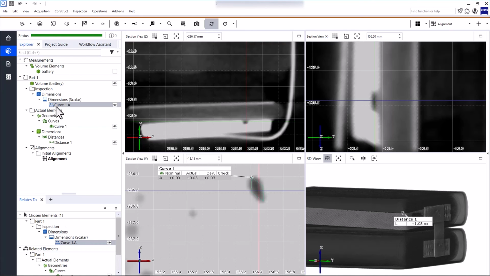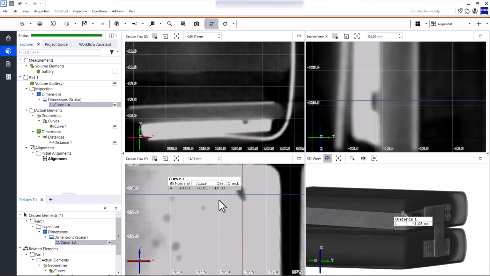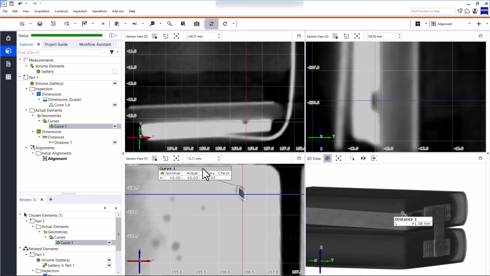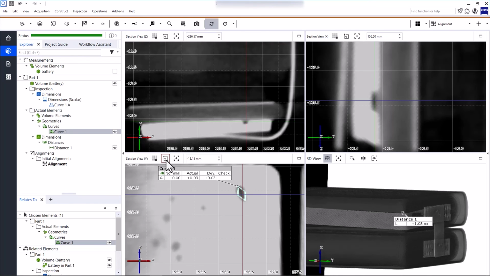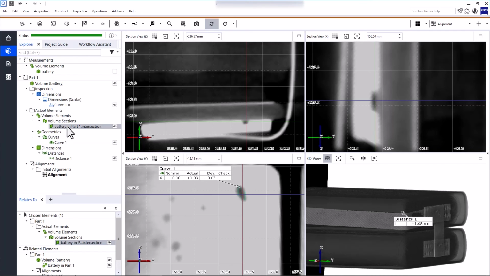Now let me mention one more thing. If you want to save a particular section, because you can see a volume defect well, or because there are other interesting features, you can use any of the section views to create a section. Simply click Create Visualized Element Sections. The software then creates a section for all the elements that are visible in the section view. In this case, it created a volume section because I'm only displaying the volume data. You can find the volume section in the Explorer and drag and drop it into the multi-view if you want to view it again.